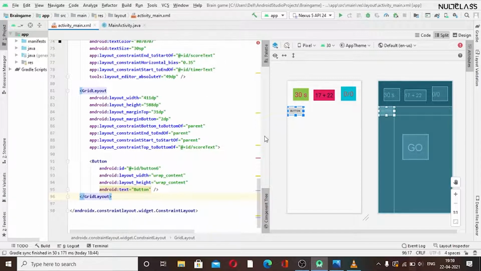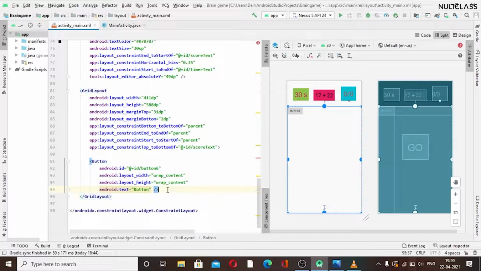Okay, so I will use this, because I will show you writing the code here and what the changes will be in our visual. We have an option: we can add our code and then see the changes, or we can directly see them in the visual. But I will also teach you how to make the changes in our visual by using our XML code. Okay, so in this we have to make the changes, like firstly I have to add some things.